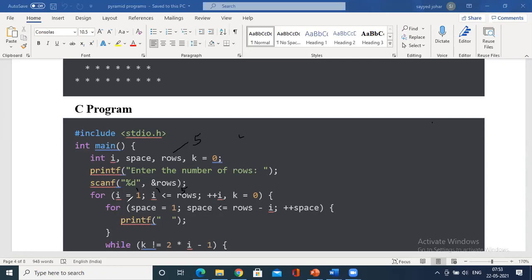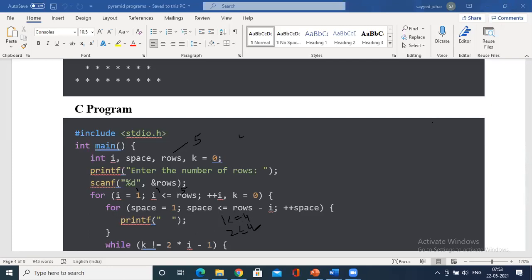Then you come inside this for loop. In this for loop, you have to identify how many spaces to print, that is, how many times this inner for loop has to be executed for the number of spaces. Imagine we initialize space equals 1. 1 less than or equal to rows minus i. What is rows? Rows is 5, so 4 spaces. 1 less than or equal to 4. Yes, the first time the loop will be executed, right? Again, space will be incremented, remember, plus plus.